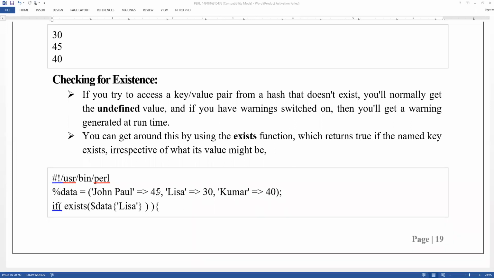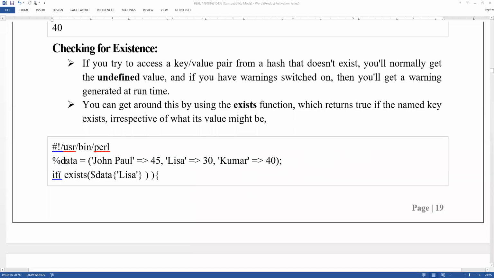Here we have only three people's information. If we have 1 lakh people's information, we are unable to find it by seeing visually. So for that, we check the database to see whether any name I give is present in this data or not. How am I going to check? With the help of the exists function. Here you can see this data is in the form of a hash, which is stored in array form.